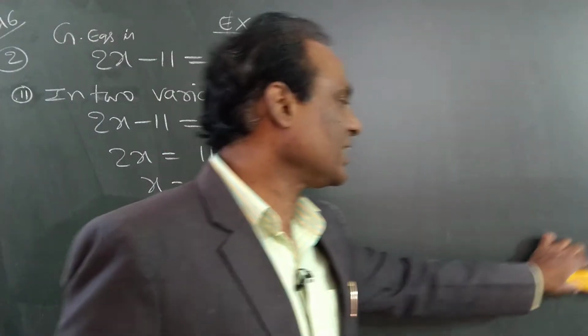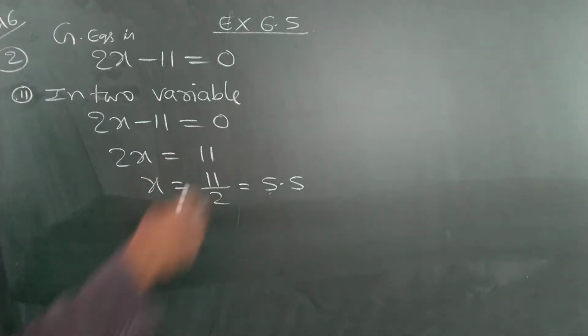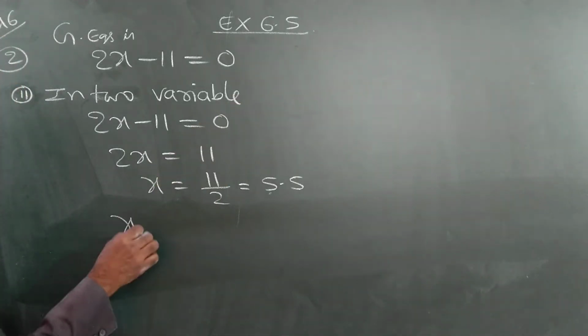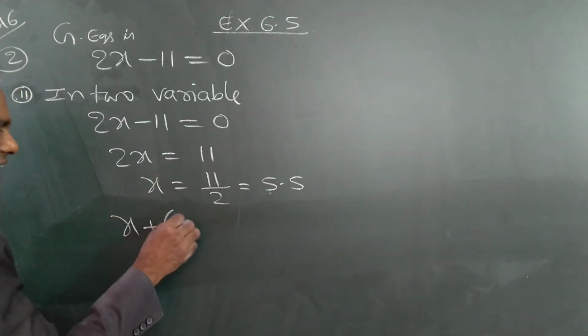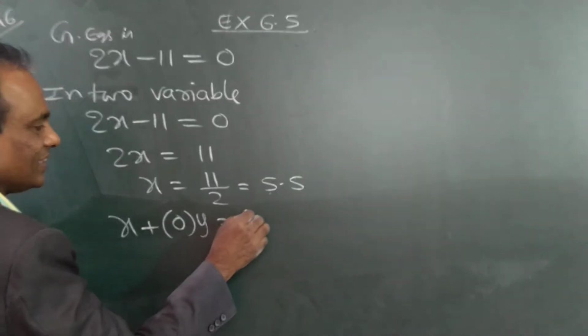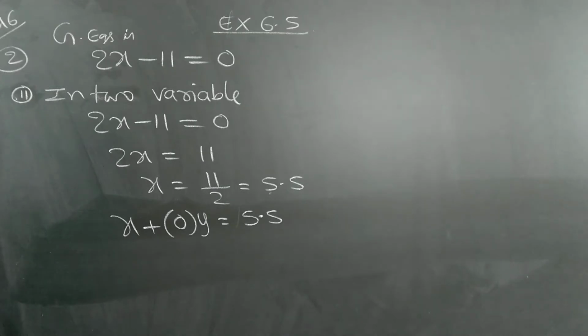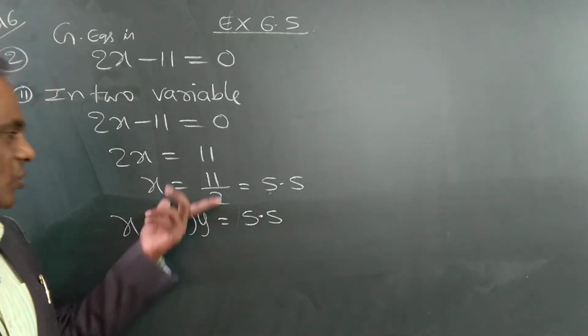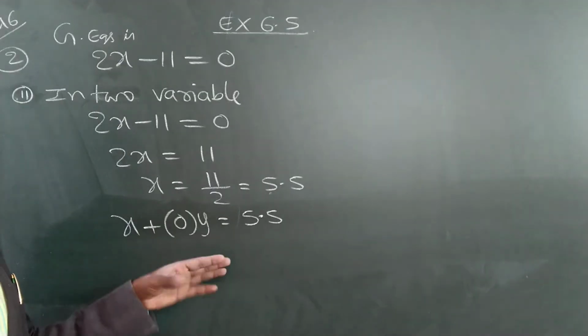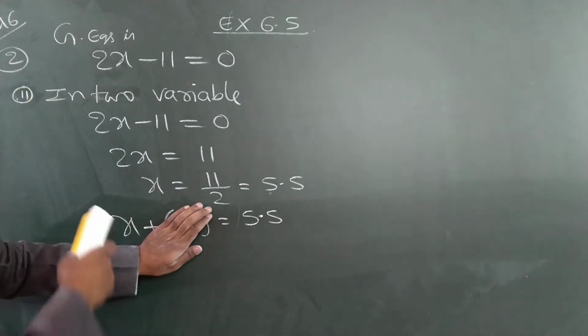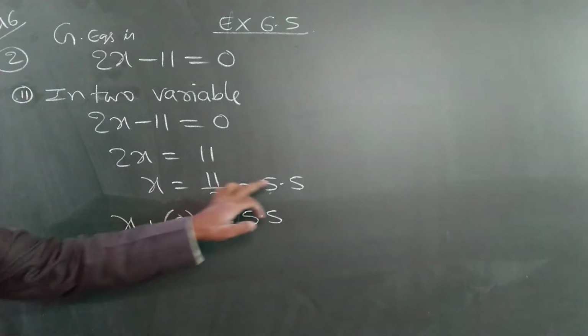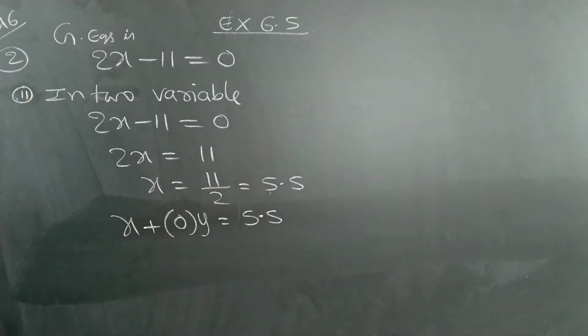Cartesian plane. So indeed, x is equal to 5.5 we can draw, but let us write that there is no y, so I will write 0y. Because in the Cartesian plane the equation will be in x and y. There is no y here. If you write 0y, it is nothing but no y, only x. x is equal to 5.5. So 0y is 0 only.